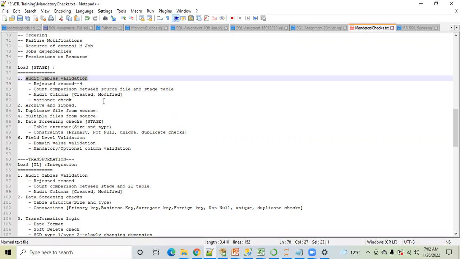Then we have seen that once you have received the data, it has to be archived or zipped. We have seen the scenario where you have a duplicate file from source. If you're getting a duplicate file from the source, what is the expectation from the job? We discussed that the job must fail, otherwise you'll have duplicate data in the stage table,